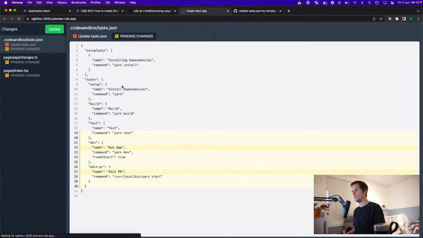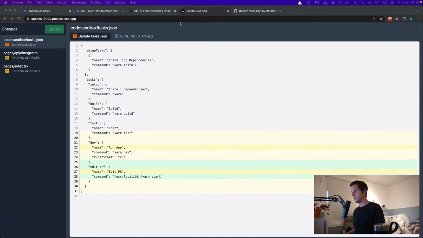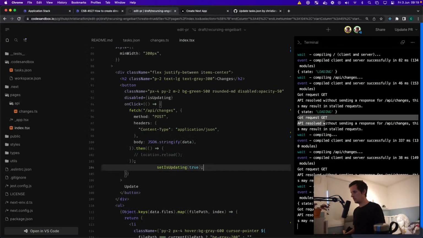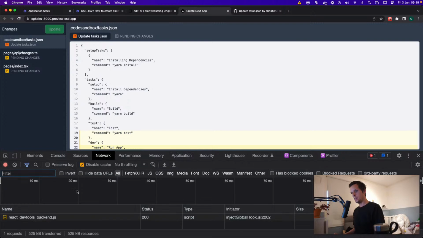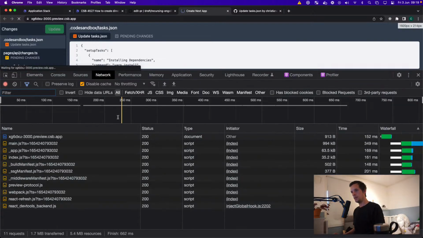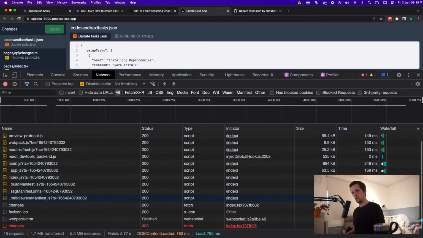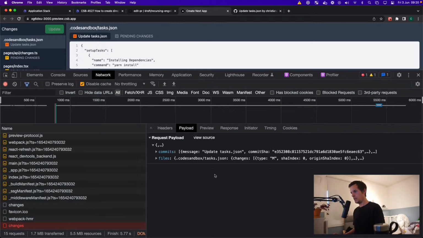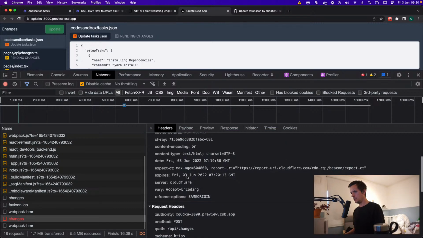There's something truly weird going on here. Why does it get a GET request? I'm not sending a GET request. I'm sending a POST request. What is going on here? 403. POST, code 403. Oh, is it because